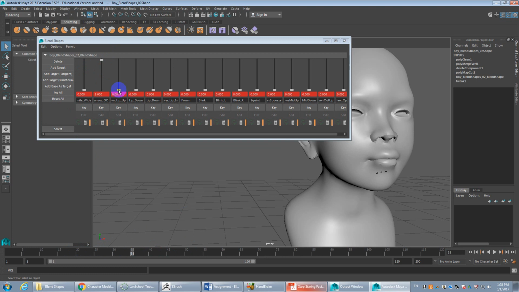Let's do the upper lip up while it's narrow. You can try that. So frame 30, key all. Frame 35, narrow is up. And I'll do the upper lip up. Again, I want to see the teeth in here as well. I should bring those over, but